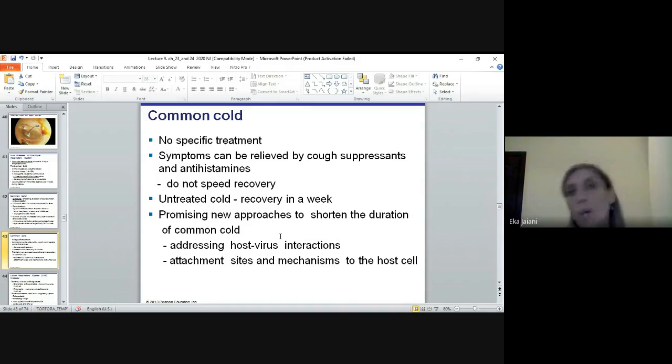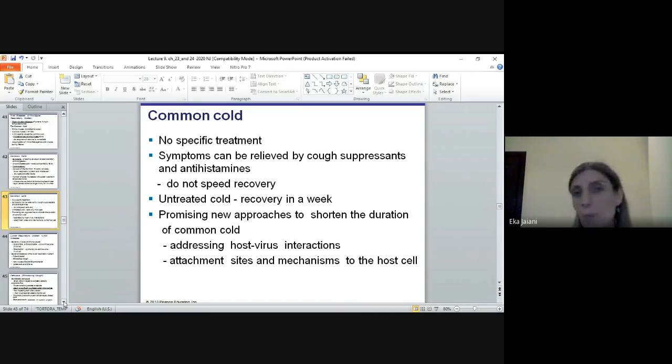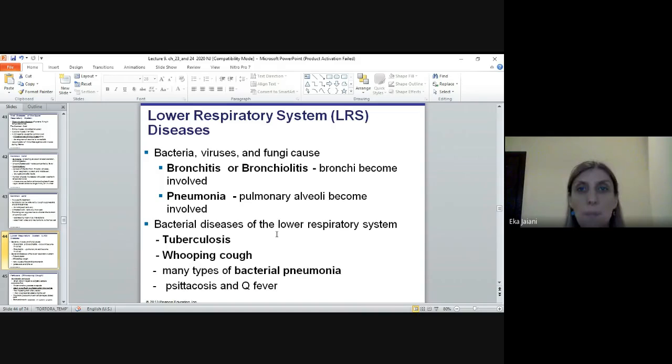So we're usually not doing so bad. The runny nose and sore throat can be disturbing, but we usually recover in less than a week, maybe 4 or 5 days. So lower respiratory system diseases can be caused by different microorganisms, bacteria, viruses, or fungi, and which diseases are included here: